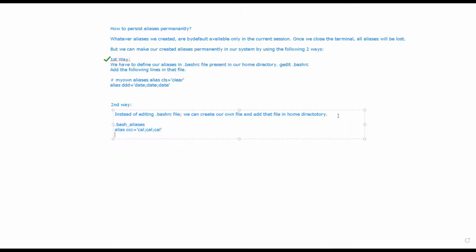It's a logical AND condition, meaning all the commands need to be successfully executed, then only will the entire command line get executed. Now I want to create one more alias. I'm saying alias ct is equal to calendar, and I am adding the date command.